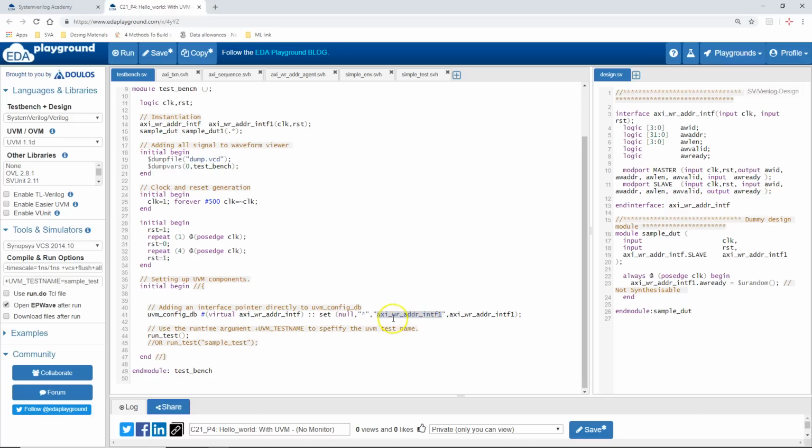I'm using a name like AXI write ADDR INTF1. By using this name, any class within this simulation can get this configuration object back from the config db. And finally, the last argument is the actual configuration object that needs to be passed. In this case, I'm putting the AXI interface handle.